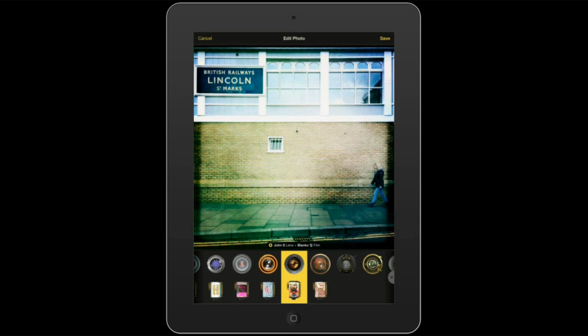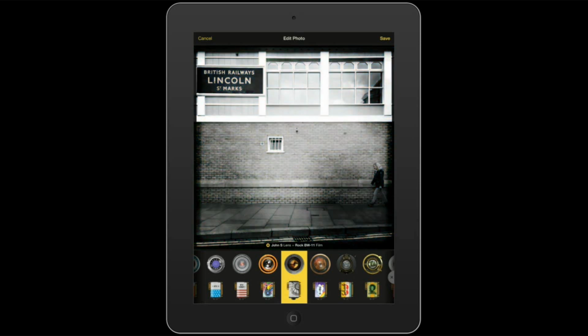That looks quite nice in colour, but I want to go with black and white. So this time I'm going to go with Rock Black and White 11 film. There are all sorts of black and white films in here, but this isn't one I use very much, but it just gives a nice gritty, grainy, scratched finish with a slight border as well, as you'll see in a moment. There we go. And that is the finished image. So all I have to do is hit the save button,